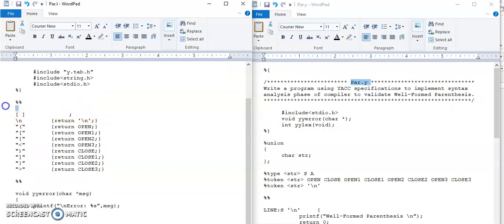Then the second section of the LEX program will have the rules, which are written using a pattern followed by an action, where the pattern is written using a regular expression and the action is a valid C statement. And the third section is going to have the auxiliary routines. In this case it is the yyerror function, which is called whenever a syntax error occurs, and a message is passed as input, which will be printed for the user on the standard output device,